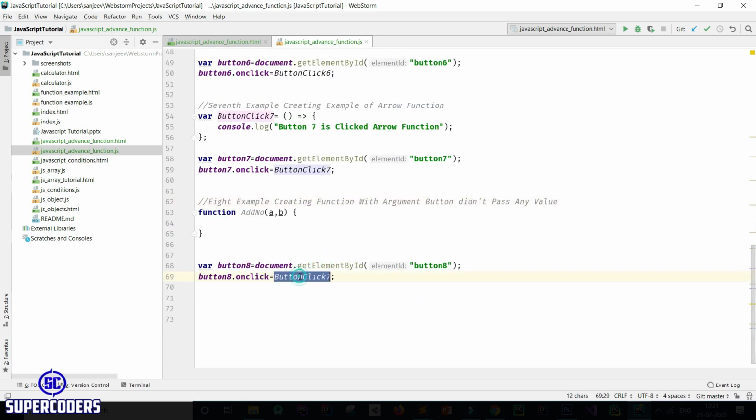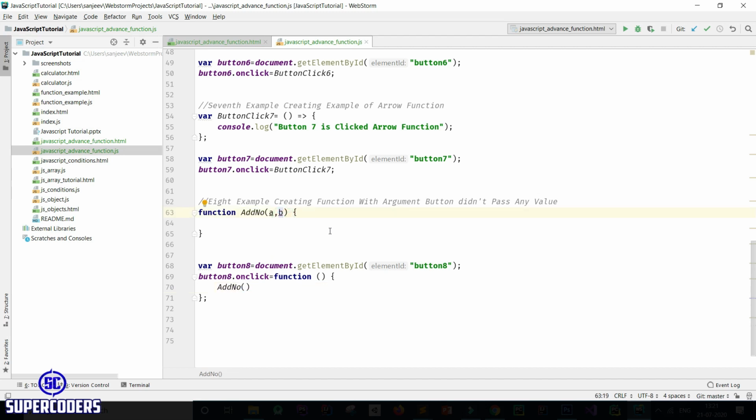On clicking this, I will call a method of an anonymous function. So function and calling the method add number. So here you can see a function calling a function inside its body. So it's asking for argument.